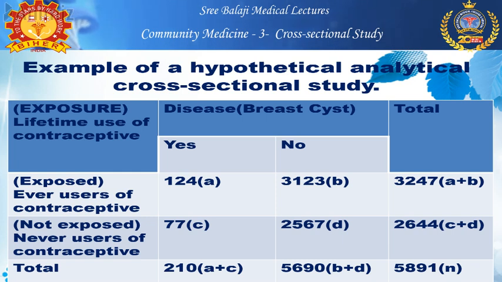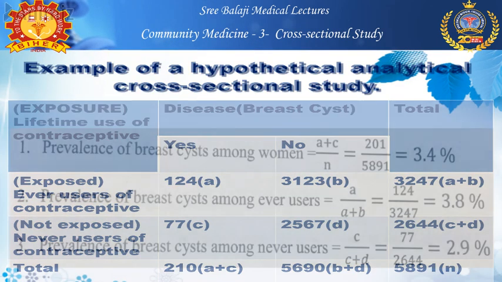We can clearly appreciate that the total number of cases, that is the breast cyst cases in this study population, is 210. The total sample size in this study is 5,891. From this tabular column, we can analyze